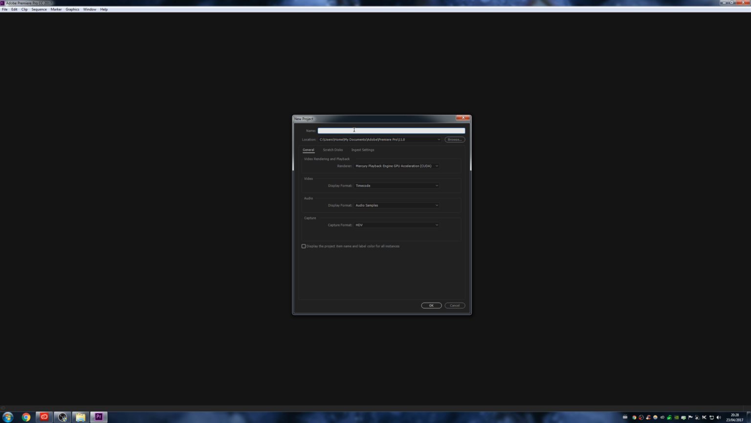So back to the name, let's just call it Q3, that'll do. I use the CUDA acceleration there rather than just the software only. I think the software only will require your CPU to do much more of the work. But I tend to use that because I'm running an Nvidia card at the moment, which actually brings me on